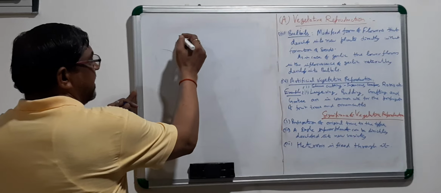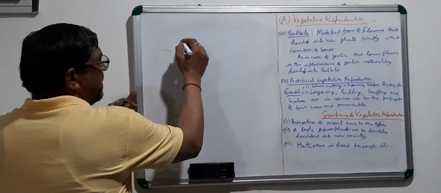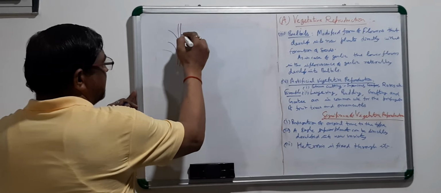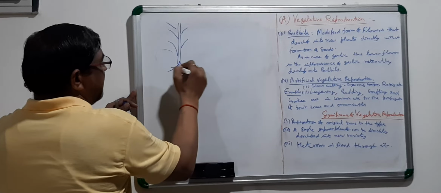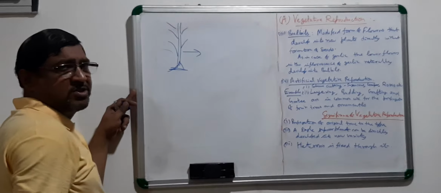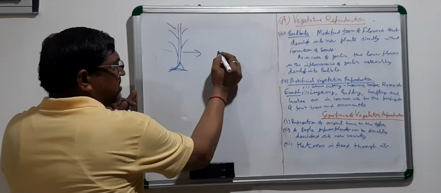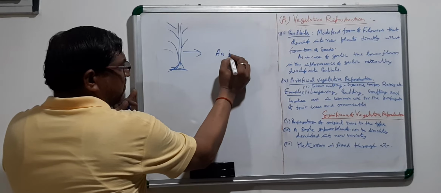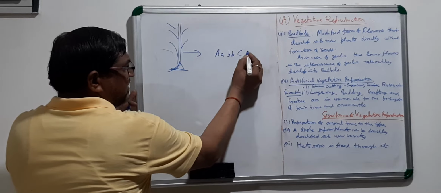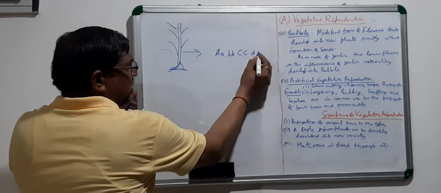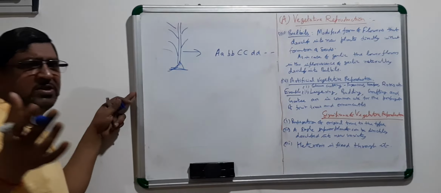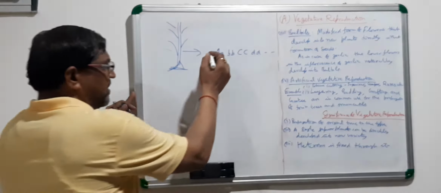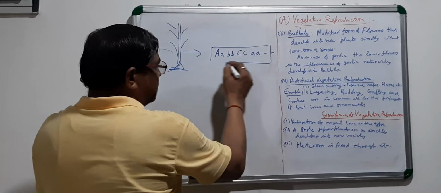Because if a plant, say for example a mango plant, has a genotype, say capital A, small b, capital C, small d, like that, thousands and thousands of genes are there. More than 30,000-40,000 genes are there. So if that is the constitution,